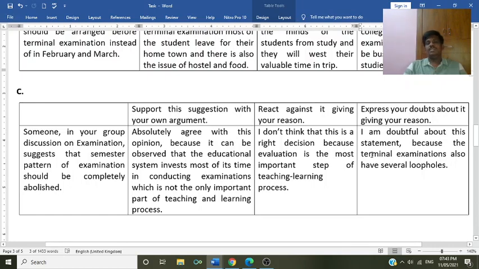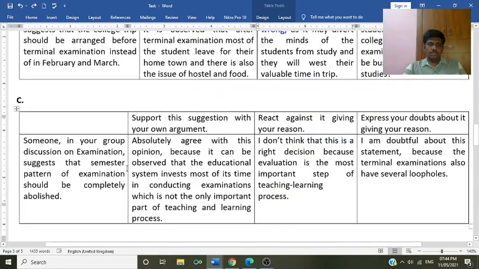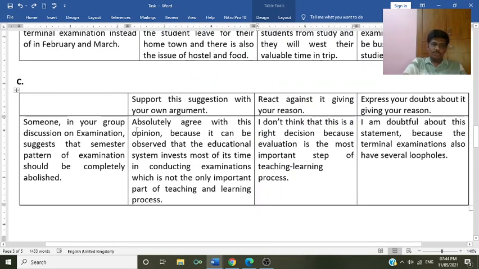See the next part C of this task. Someone in your group discussion on examination suggests that the semester pattern of examination should be completely abolished. Support the suggestion, react against it giving your reason, and express your doubt about it giving your reason. See, supporting this suggestion with your own argument: absolutely agree with this opinion, because it can be observed that the educational system invests most of its time